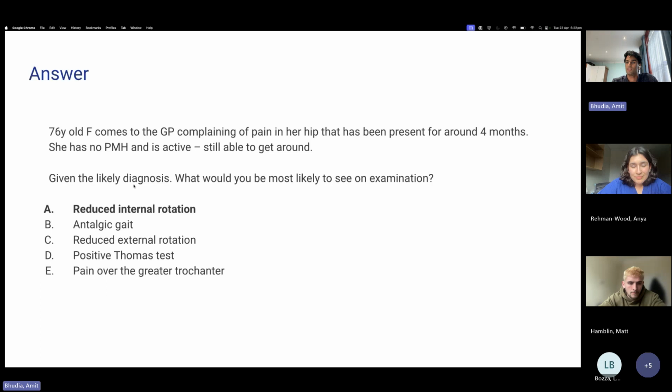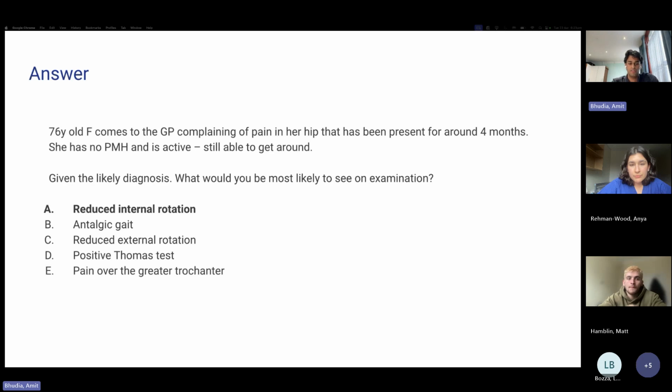So the answer is reduced internal rotation. This lady is coming to the GP complaining of pain in her hip for the past 4 months. She's got no other medical history and she's still able to get around. So I think key things to point out in the stem is that it's been happening for 4 months, so this isn't something acute. Also her age, she's 76 years old. So in this instance, you'd be thinking, is it possibly osteoarthritis, which in this case it is,